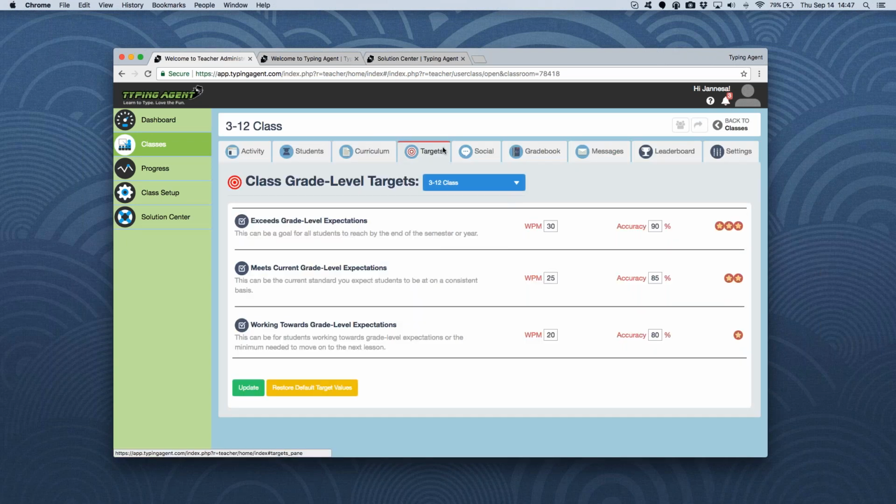Next major tab over, the targets. The targets are what we would expect students to be able to achieve based on their grade level. We match their words per minute targets to Common Core standards. Now, in Common Core literacy standards, there's nothing that says how much a student must write, or I should say quantity of words or quantity of words per minute they should be able to